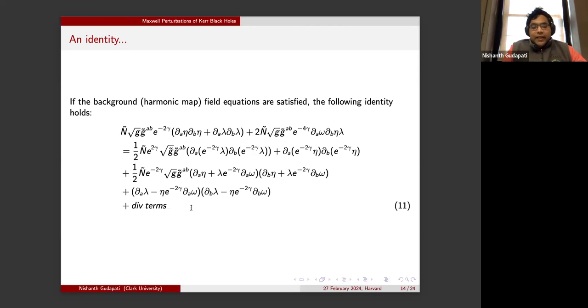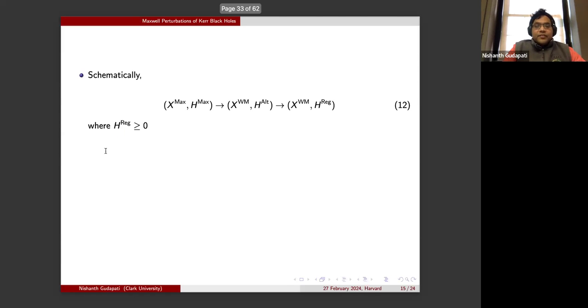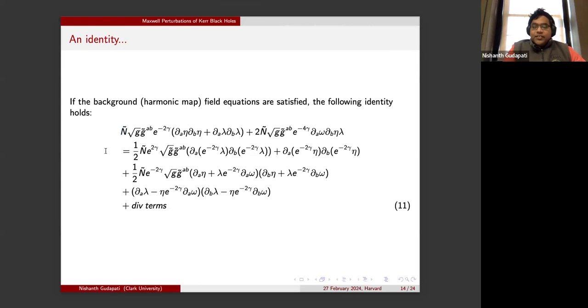And this identity doesn't just come out of the blue, it's due to Carter, as I'll discuss later. But we generalize that, and it also works for n, where n is the lapse of the dimensionally reduced Kerr spacetime. So if you do that, this transformation gives a positive definite energy. It may seem like one is somehow tampering with the Hamiltonian structure.